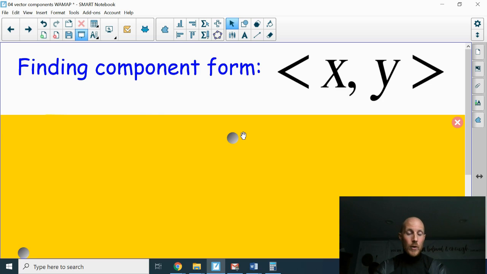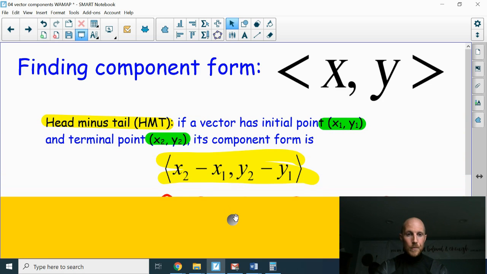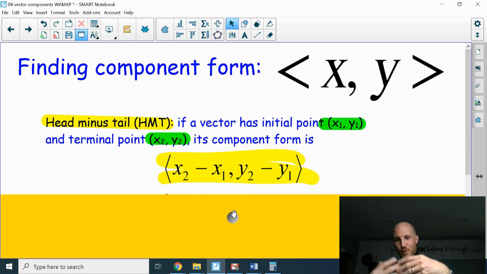So, other ways we can find component form. Sometimes we are actually given coordinates for an initial point and a terminal point, right? And in that case, we can still find the component form. We just need to get rid of the coordinates and find what is the horizontal change, what is the vertical change, so we can just focus in on the component form. But if we are given coordinates, this is called the head minus tail approach. If a vector has an initial point, some x coordinate x1 and a y coordinate y1, and a terminal point at x2, y2, whatever, those can be some coordinate numbers, obviously,